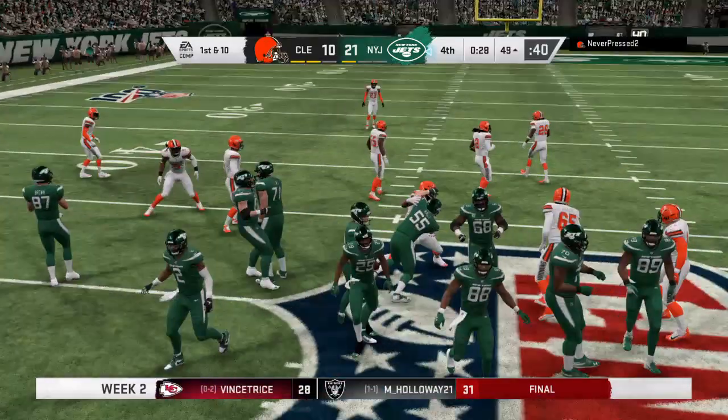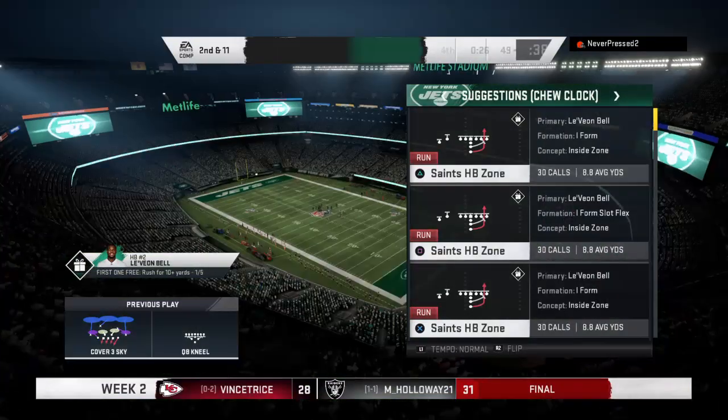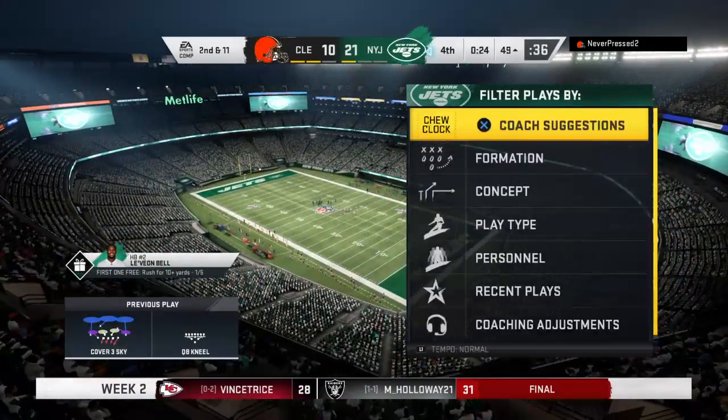The defense can stop it twice more as they take a knee here. I don't think any of us were surprised that they decided to start this drive on the